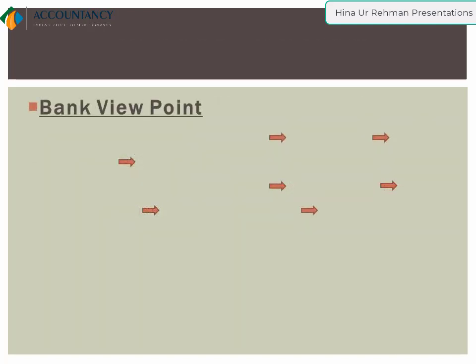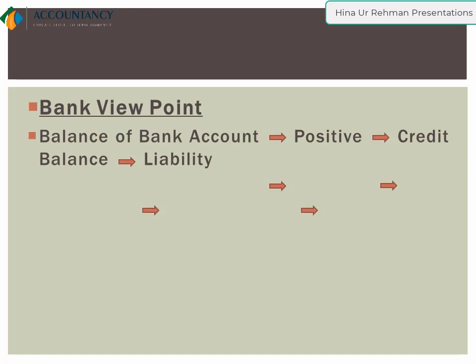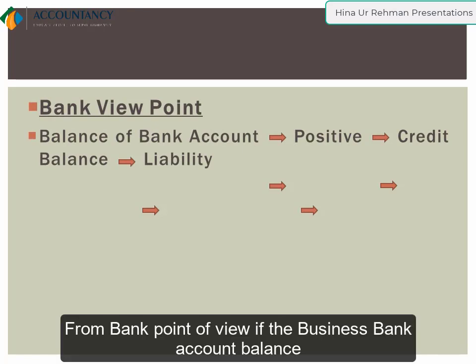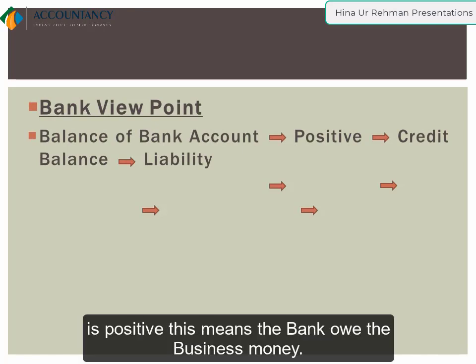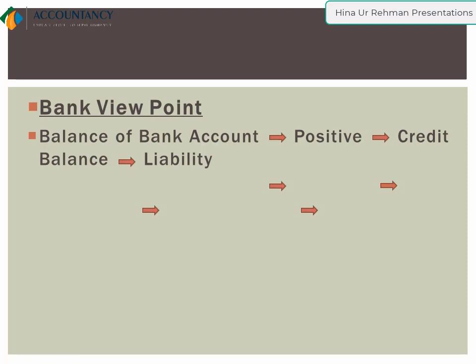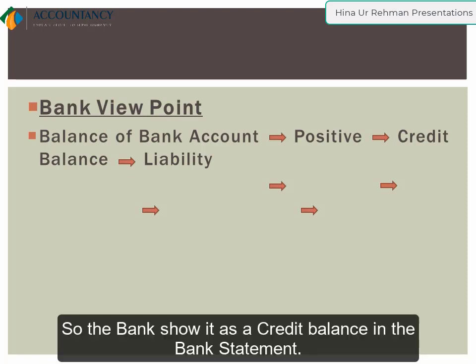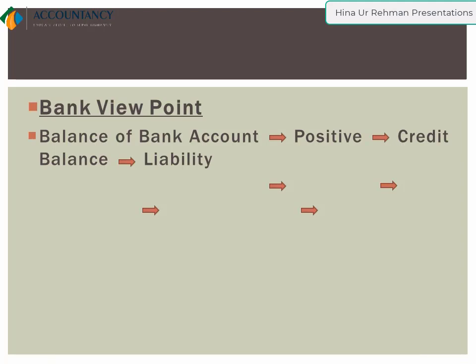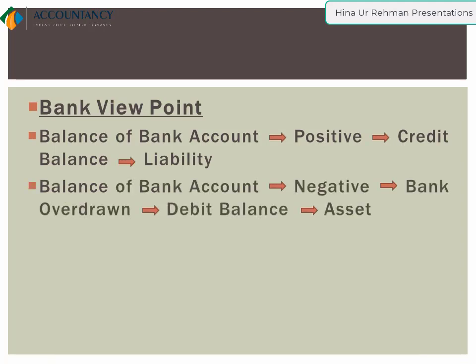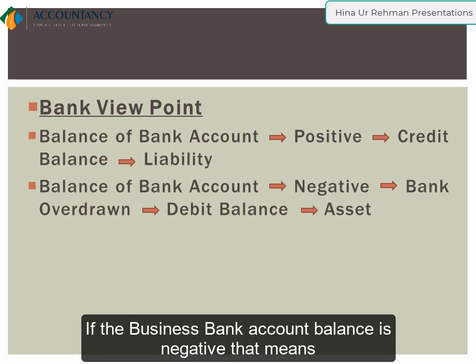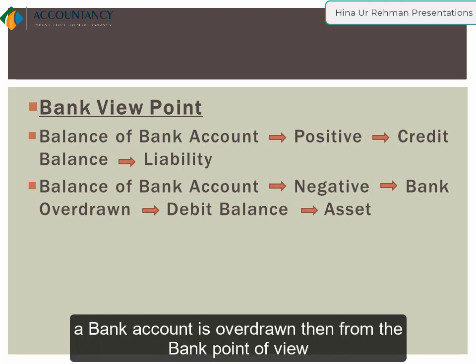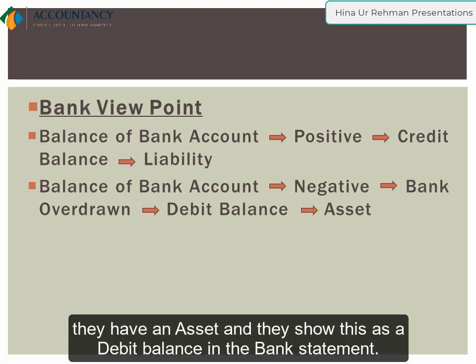Bank viewpoint. From the bank point of view, if the business bank account balance is positive, this means the bank owes the business money. So the bank shows it as a credit balance in the bank statement. If the business bank account balance is negative, that means the bank account is overdrawn. Then from the bank point of view, they have an asset and they show this as a debit balance in